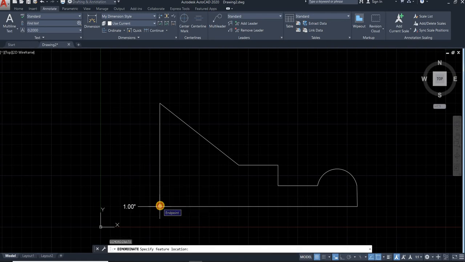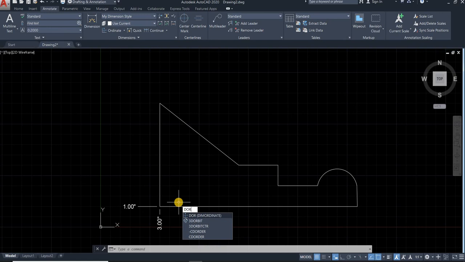I will again select this point and this time I'll move in the vertical direction. So this 3 inches is the distance between the reference y-axis and this point. So this 3 inch is the x coordinate and this 1 inch is the y coordinate. So this 3 and 1 inch is basically representing that this point has coordinate of 3, 1.